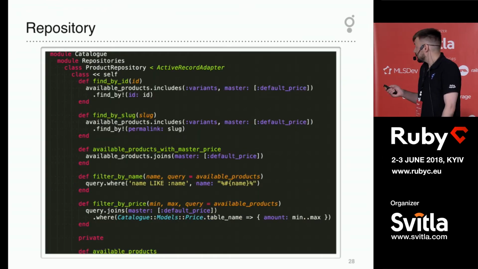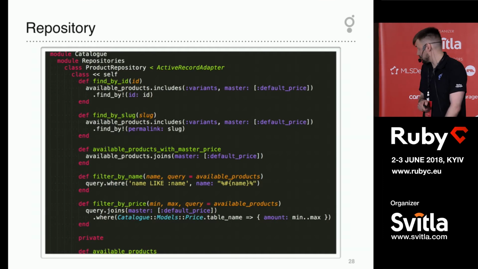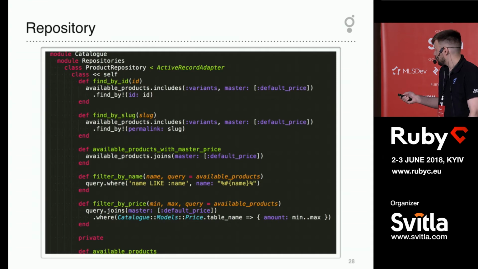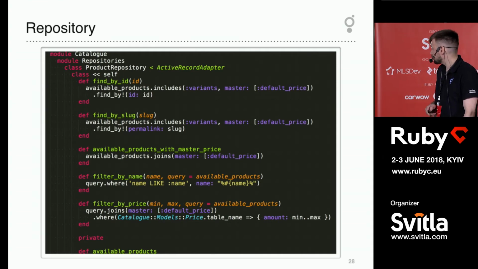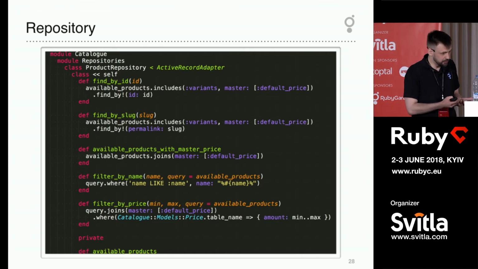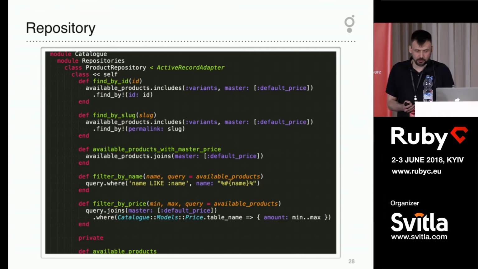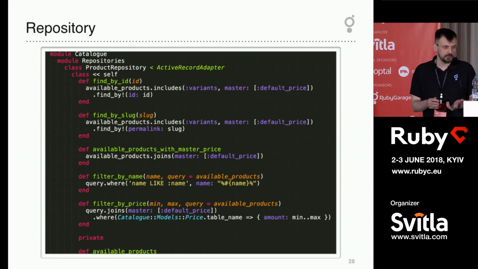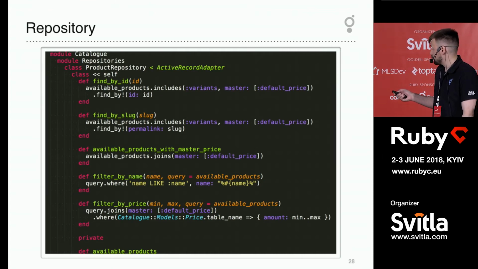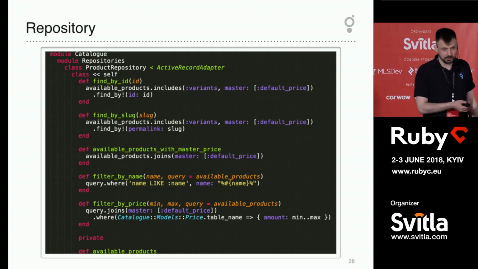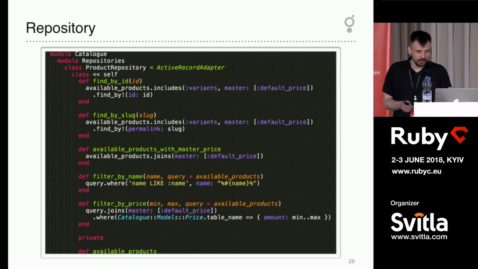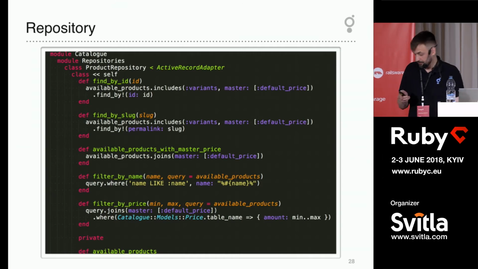We have a homemade implementation of repository, and we try to work with the database through the repository. It's very useful because, for example, if we decide to move from a SQL database to a document-oriented database, we just need to change the repository implementation. All the other business logic we will be able to use the same way.